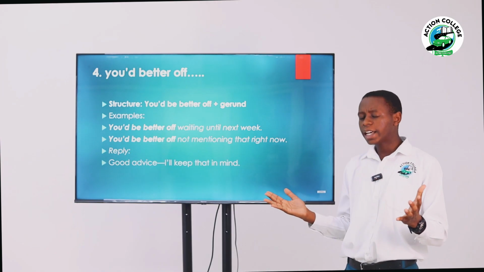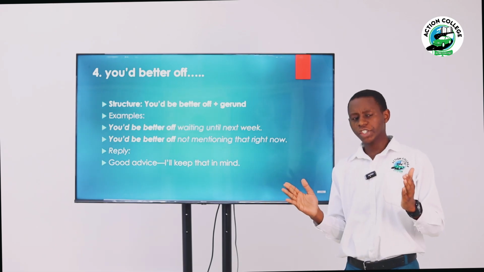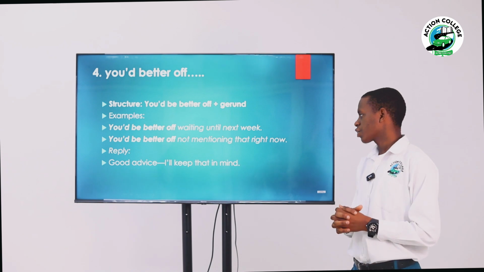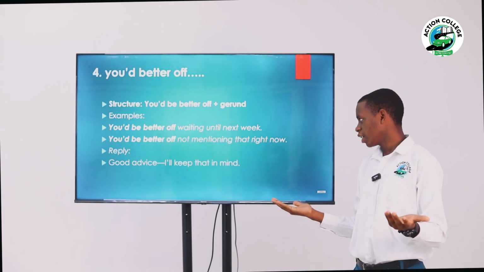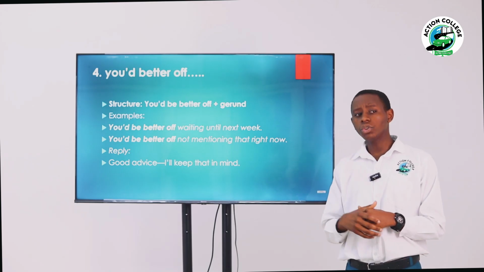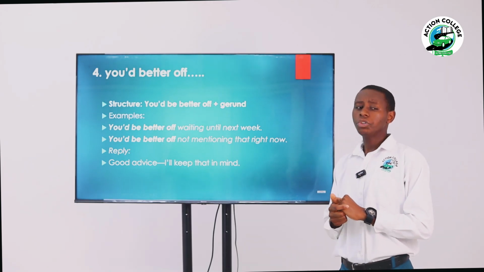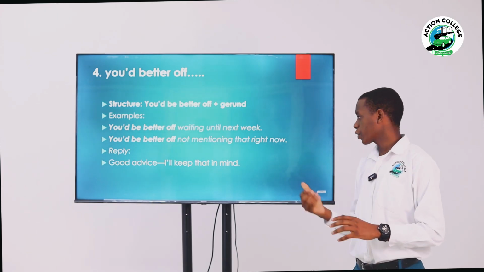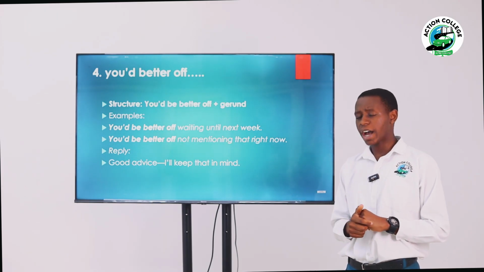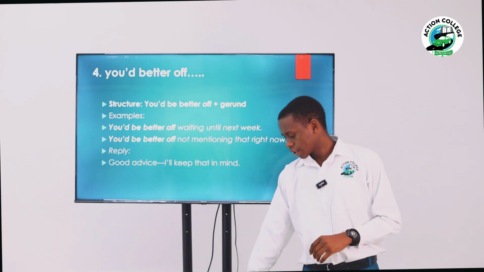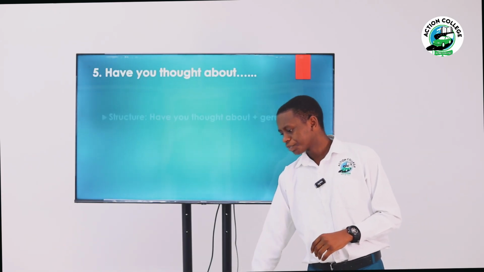So if you think that person gave you the best option, you can say, that's good advice. You can say, I'll keep that in mind. You know, when you are showing that you care about something, you can tell someone, I'll keep that in mind. So that's why you say good advice, I will keep that in mind. So you can say also,